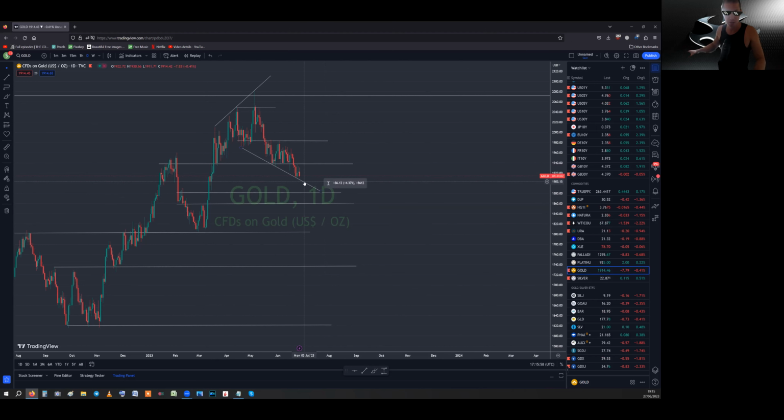But does this chart pattern look bullish? No. Obviously, it's supposed to buy when things look bad, but I just don't think it's that kind of bad. I think it needs to flush 1900. What I said before,